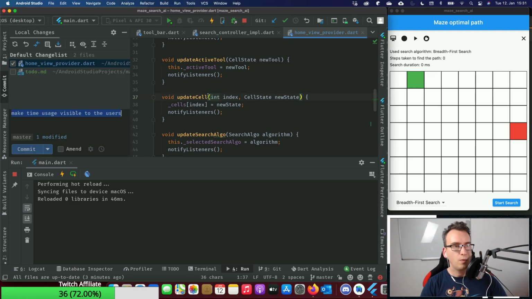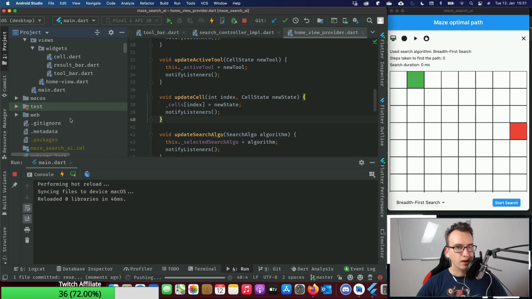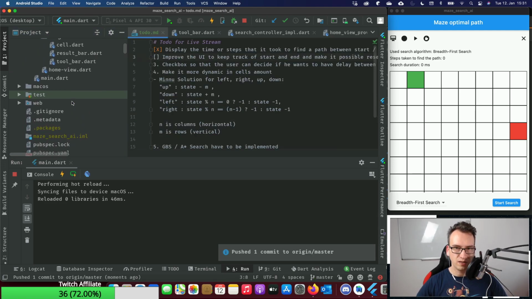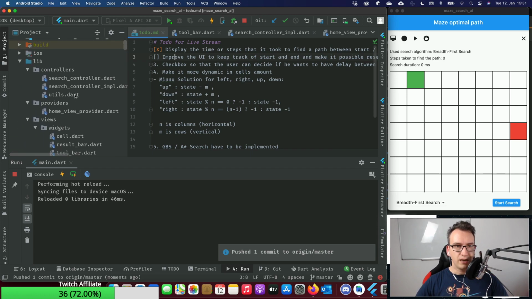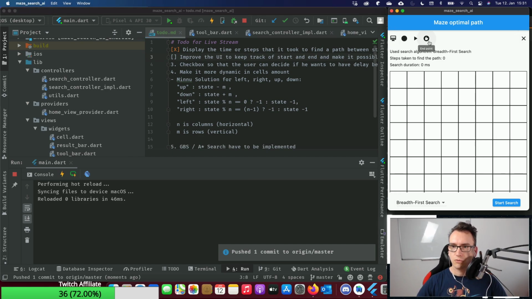Yeah, so what I will do is firstly improve that or bring that up. So reset of values. But then I would really go into the improvement that we keep track of the start and end, to keep that on the line, that we don't lose the information where this comes from. So whenever we click on reset, it should be gone. That's correct, I would say. But whenever we search, I would like to keep track of the start and end location, rather than override that.